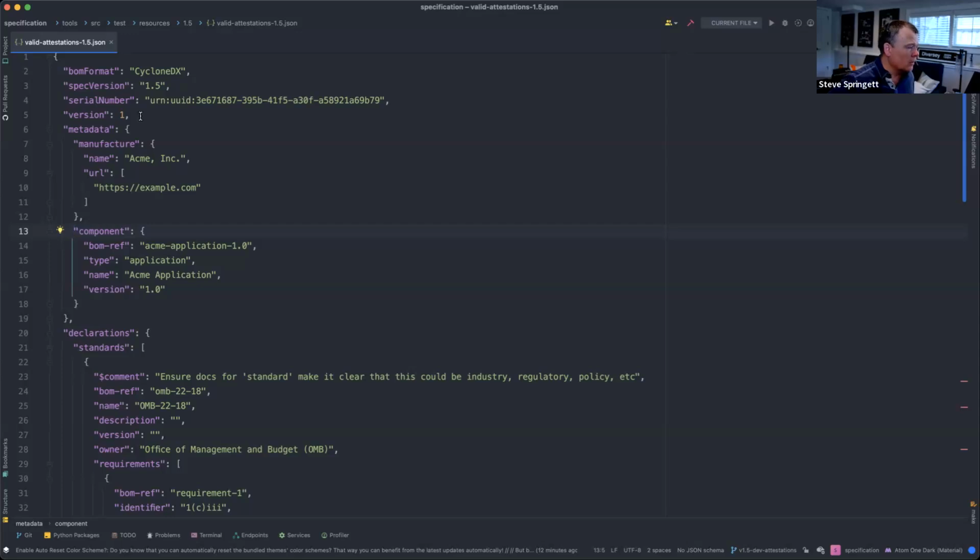We could certainly reuse the manufacturer, the component, or we could do something slightly different, right? If we're not going to include this in CycloneDX proper, we'll just have another CycloneDX attestation standard. We can do something very specific to that target, because Cyclone already supports organizations.